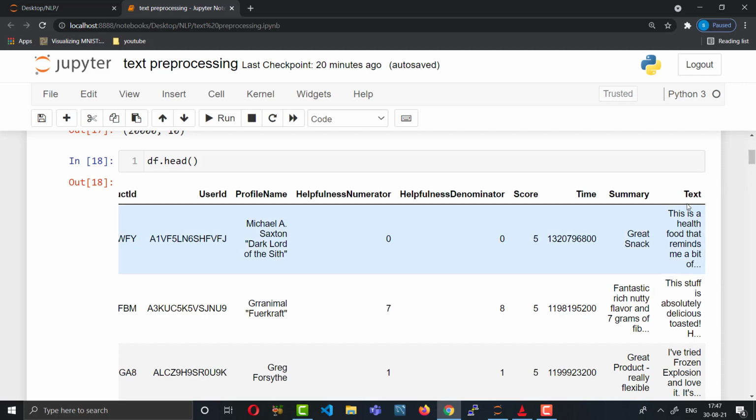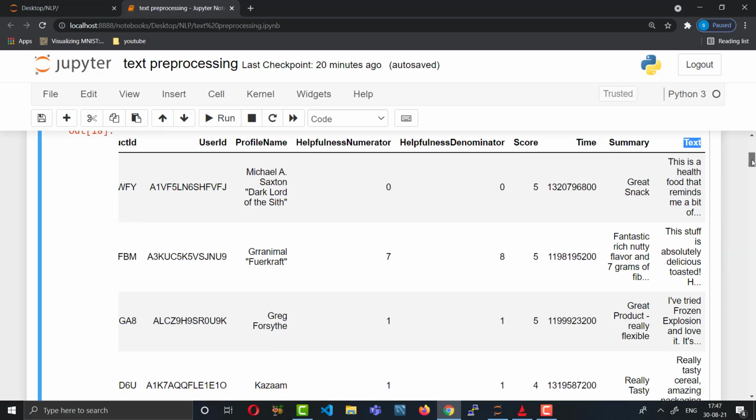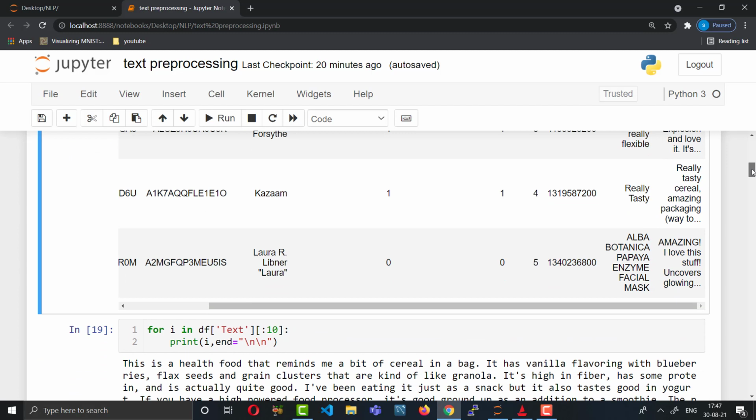We will focus here on the Text column. We will do a lot of cleaning, because in that dataset we have HTML tags, and we will remove these tags.